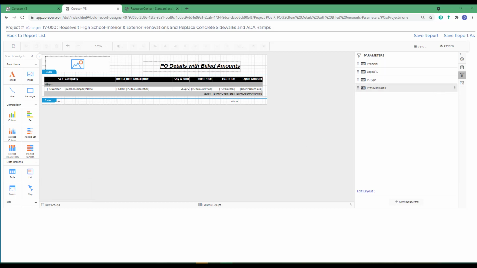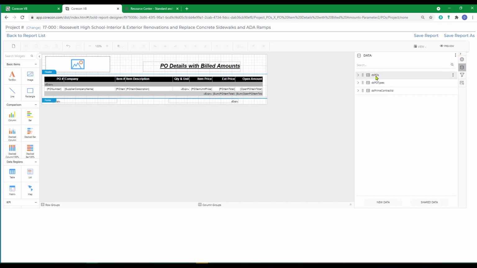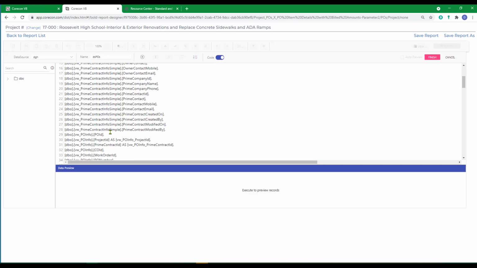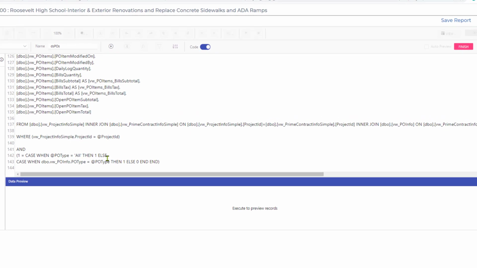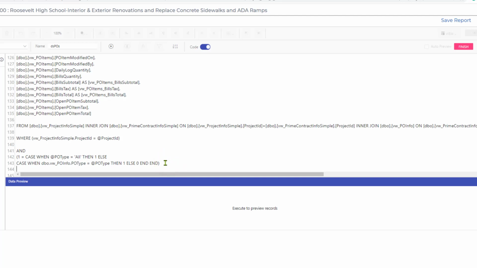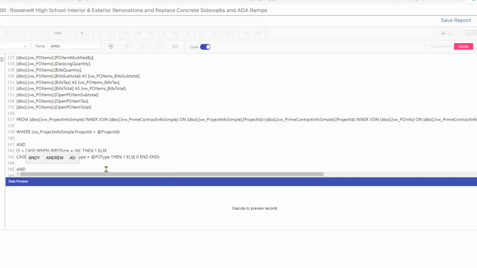So we're going to go back to the data icon. We're going to go to the DS, the data source POs, over to these three little dots and click Edit. We're going to scroll to the bottom of the SQL statement to view this where clause. We need to add the additional report parameter filter. So under the existing AND statement, we'll enter AND